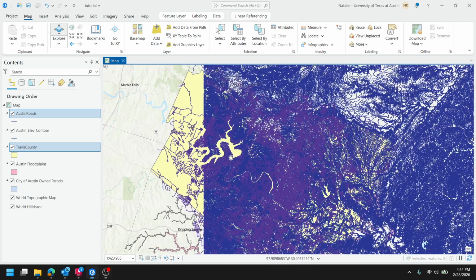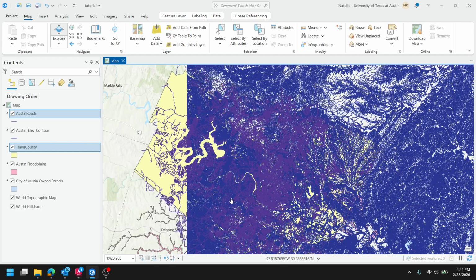Okay, in this next video, now that we have our data in here, we're going to go over how to clip and clean up some of this data so we can start making it a little bit more relevant to us. So I've got a few layers in here: parcels, floodplains, Travis County,